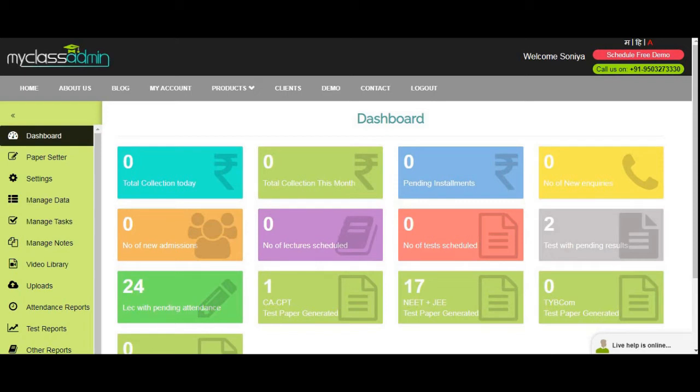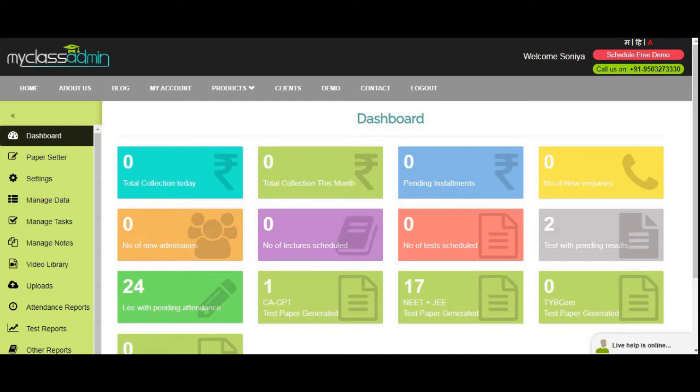In this module, we'll see how to use the assignment module. By using this module, you can share, check and evaluate the assignment. Also, you can correct the students by pointing out the exact mistake. Even for the students, it is a very simple process to view and upload an assignment. So let's start with this module.